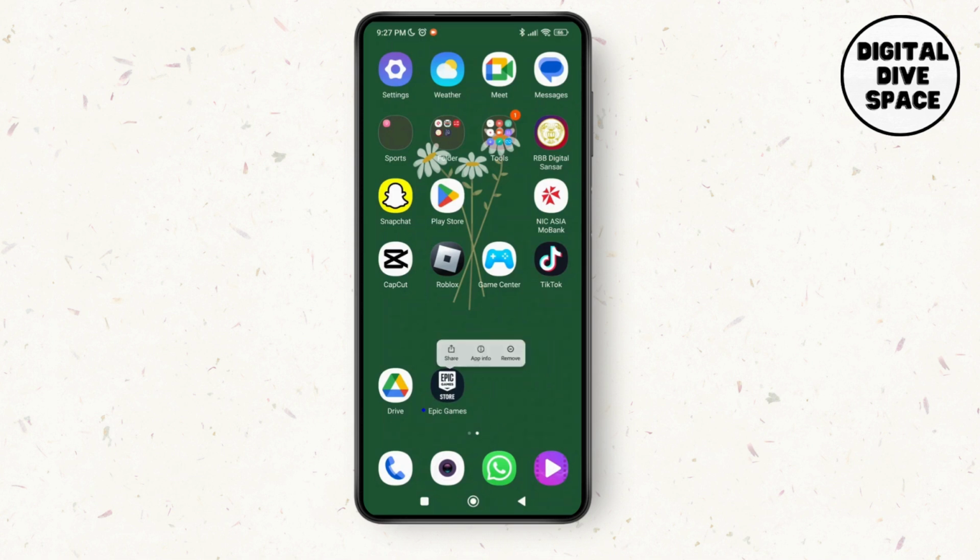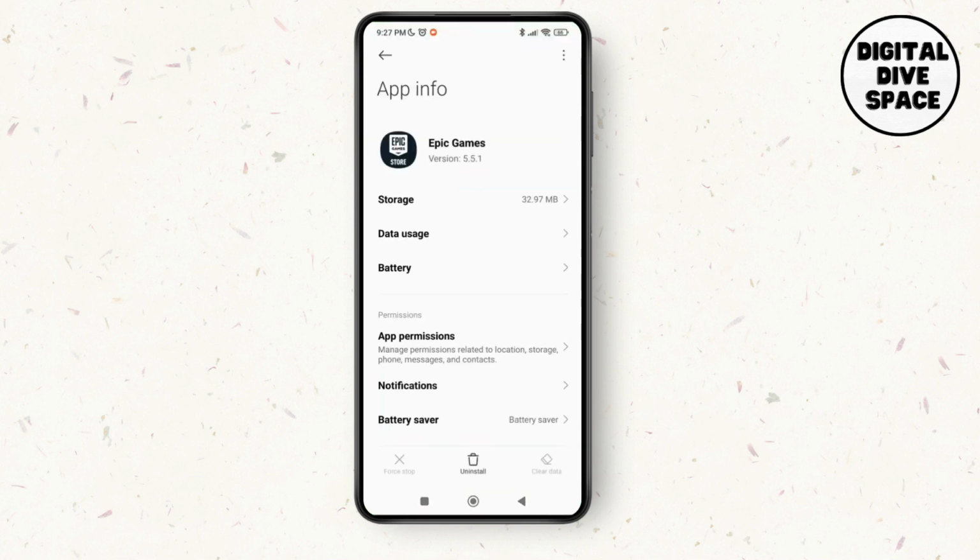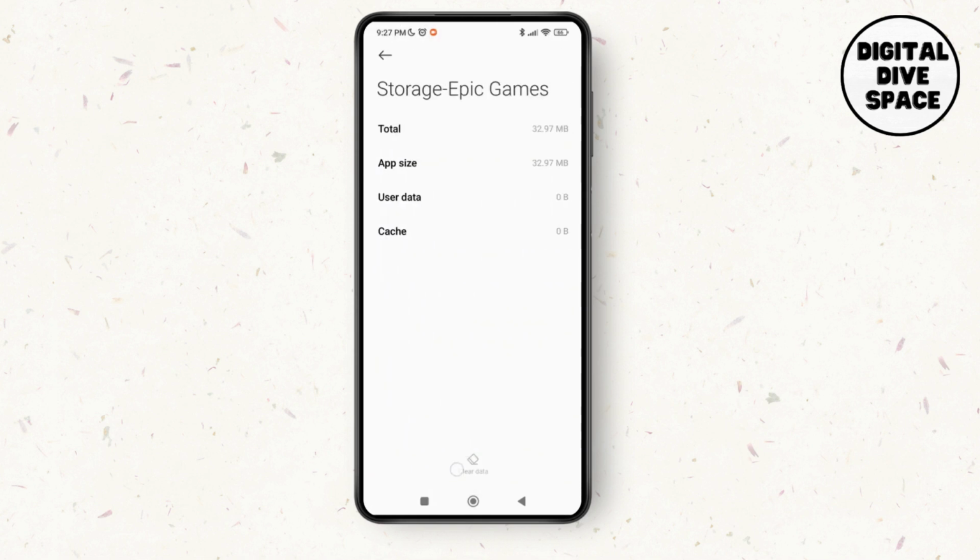tap on App Info. As you tap on App Info, it will lead you to a new page where you can see the option of storage. As you go to storage, you'll be able to see the option of clear at the bottom of the screen over here. So tap on that and you'll be able to delete all the cache as well as data